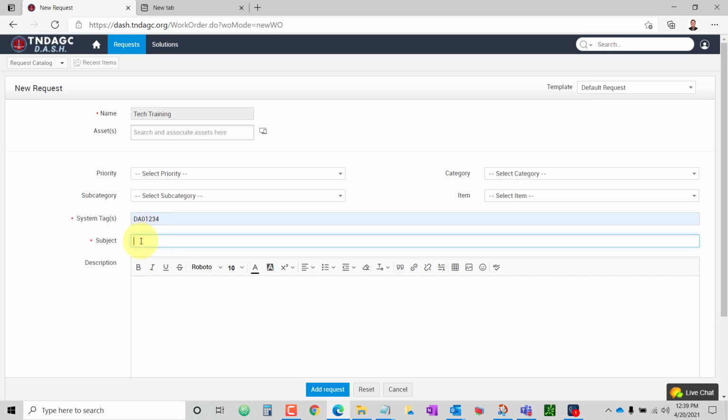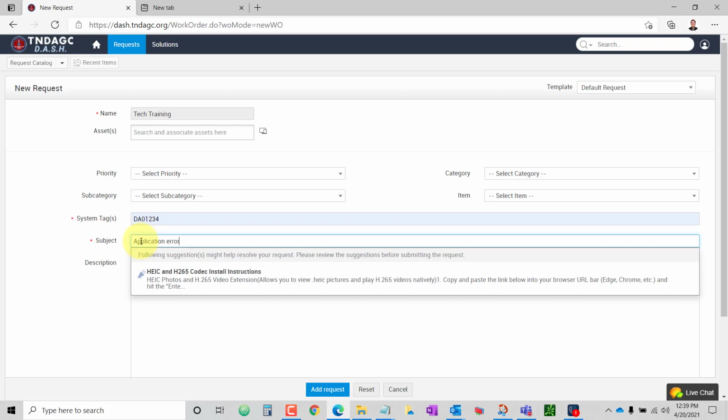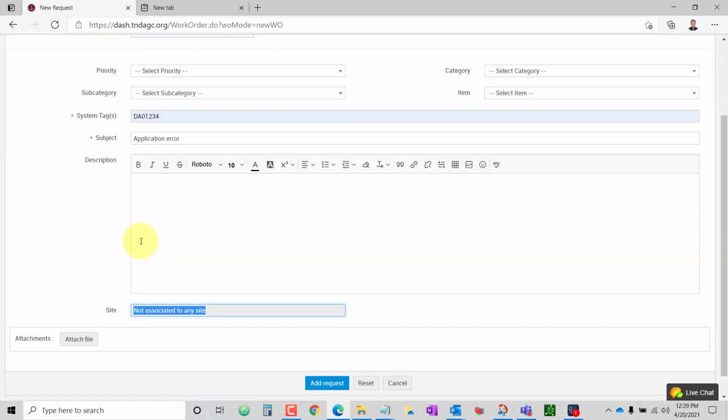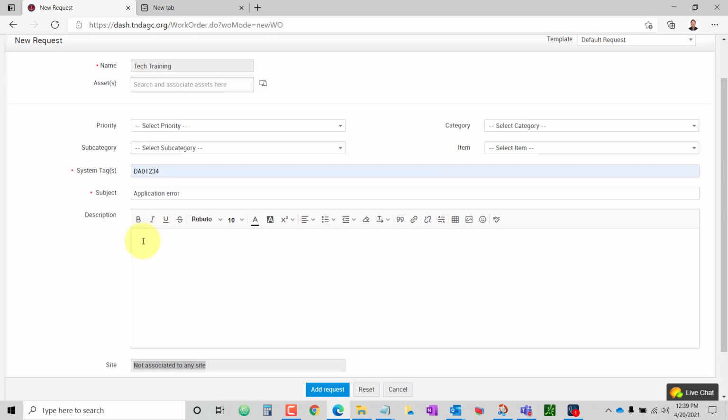This will just be a generic issue. The description area will be where you want to type in the most detailed information. In the subject area, I'm going to call this application error. We'll tab down. We want to go to the description field. This is where you will want to type as much detailed information as possible. So I am going to state